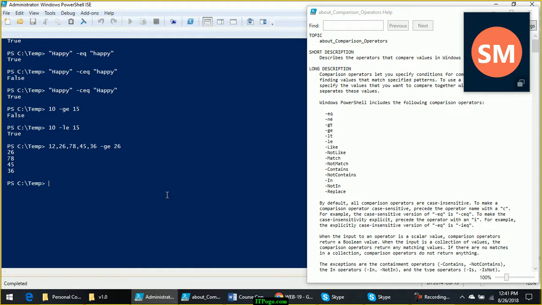Only one value was less than 26, that is 12. Everything else is returned here. Similarly, if you change it to less than or equal to, it will return only two values.